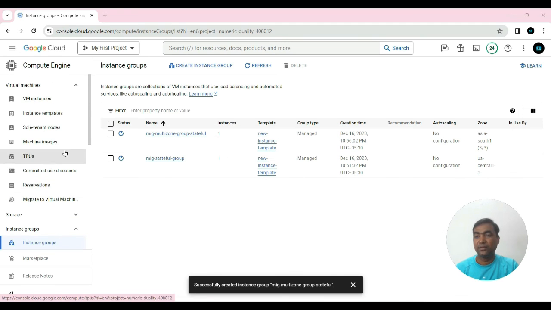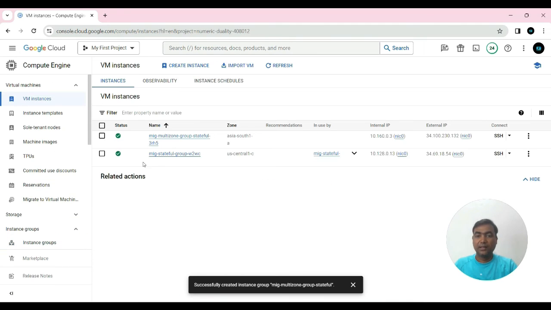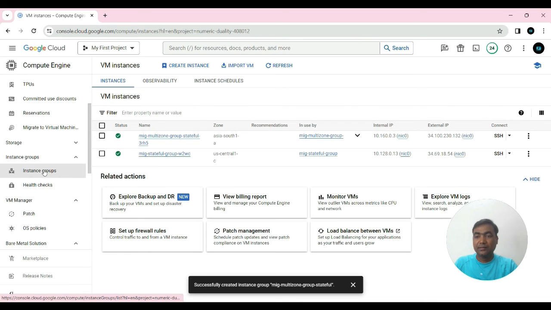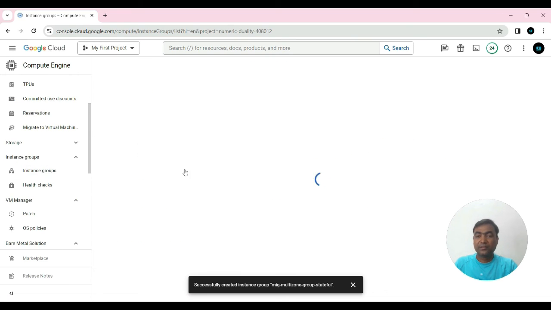Then we can verify the VM instances now. As you can see here, two VM instances are available, because we have selected one in region Asia South 1A, and another in US Central 1C, as you can see here, guys. Now guys, I hope you can understand. Then you can switch to the instance group,